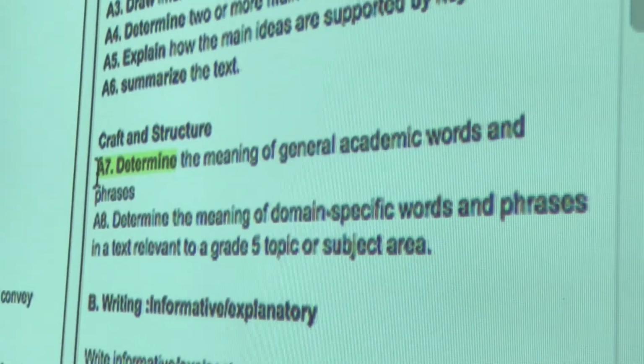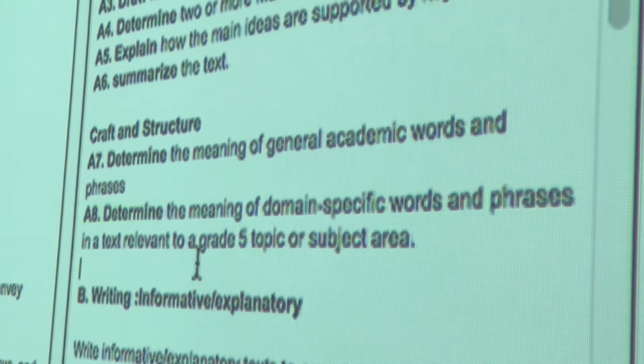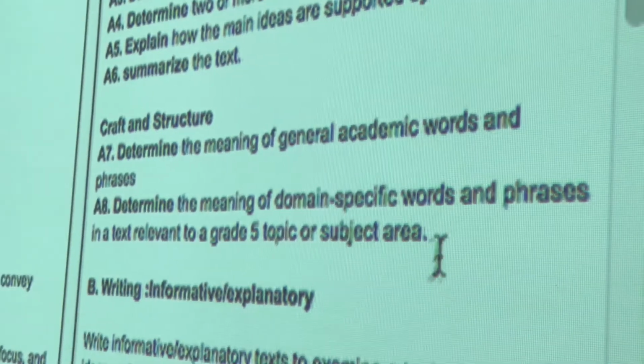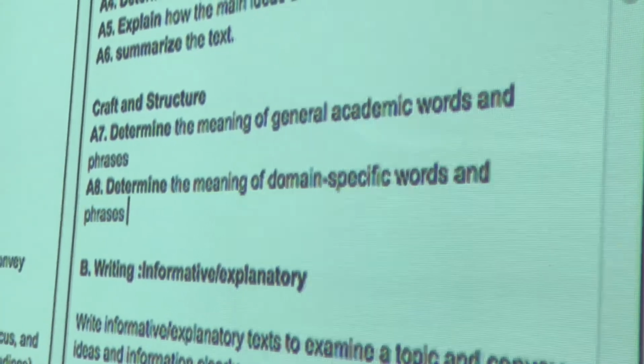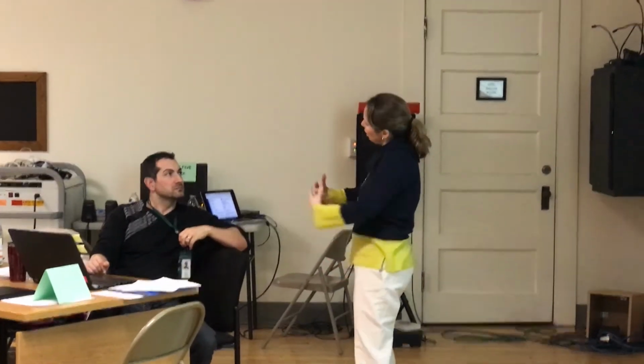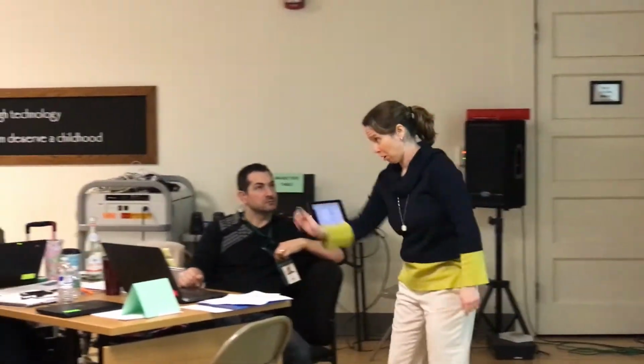Determine. Now, is determine observable and measurable enough for you? Oh, now it says in a text, relevant to grade. No, I know I'm in 5th grade. All right. Determine is kind of fuzzy here. It's one of those. So now we have to sit here and turn to a colleague and go, if it says determine the meaning of general academic words and phrases, what would it look like, sound like, or feel like in your classroom? And if the teacher can say, well, that's when we do the blah, blah, blah,